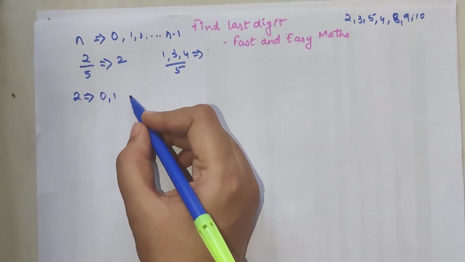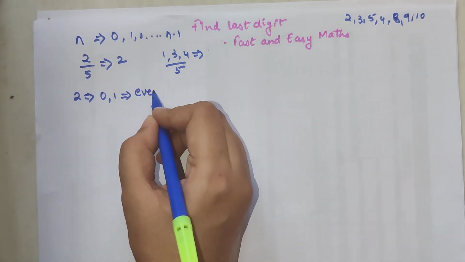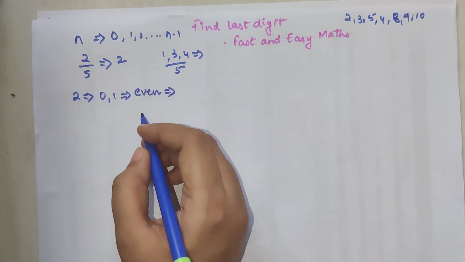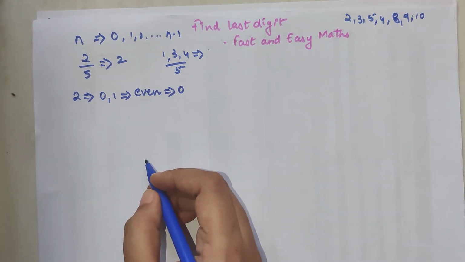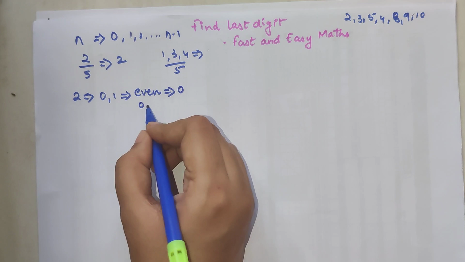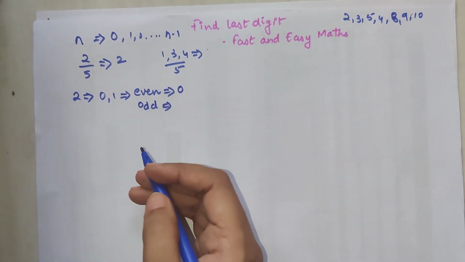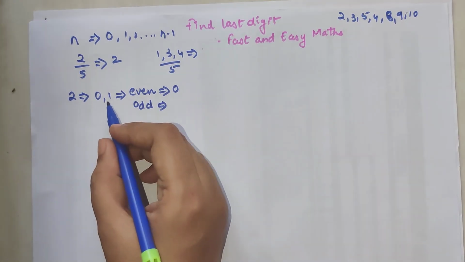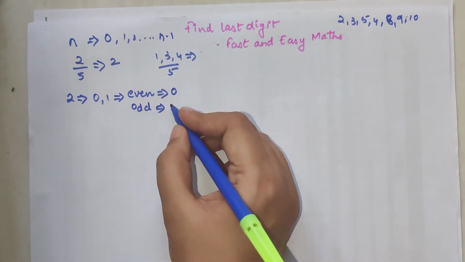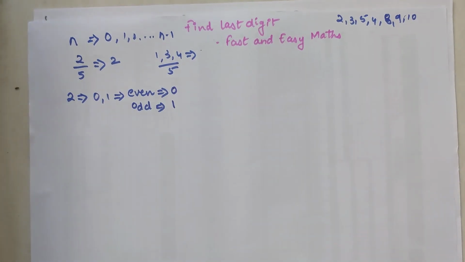Now one very important thing with 2 is that if the number is even, then it is completely divisible by 2, so by default the remainder will be 0. If it is odd, then it is not divisible by 2, but then what will be the remainder? If 0 has been already taken care of, then what is the remainder which is left? 1. So here by default my remainder will always be 1.